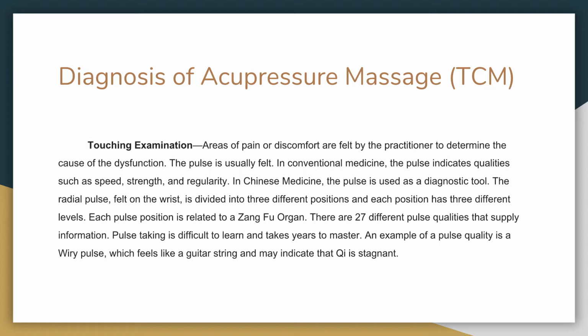The radial pulse felt on the wrist is divided into 3 different positions, and each position has 3 different levels. Each pulse position is related to a Zang Fu organ. There are 27 different pulse qualities that supply information. Pulse taking is difficult to learn and takes years to master. An example of pulse quality is a wiry pulse, which feels like a guitar string and may indicate that qi